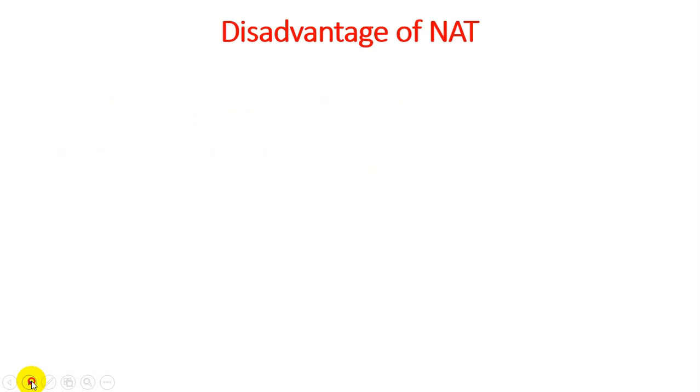Now we see some disadvantages of NAT, because whenever we implement any technology, there are some advantages and there are some disadvantages. First, translation results in switching path delay, because if the process goes from public to private and private to public, it takes some time, because there are lots of address conversions in a single NAT table. So whenever we look up public to private and private to public addresses through this table, it takes some time. So there are switching path delays.